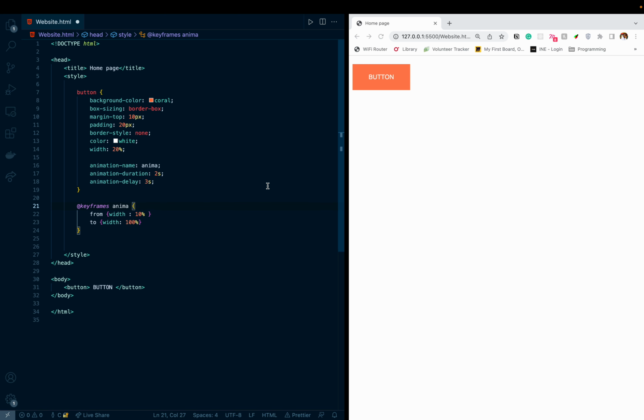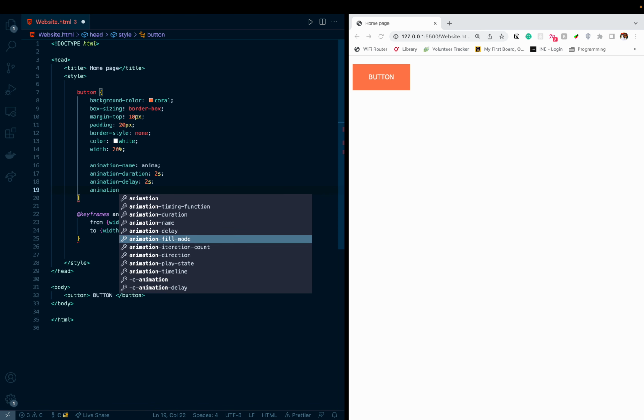In real life, you can say when the user visits that page, wait for 3 seconds or something like that. If I save, I wait for 3 seconds, and now it begins and then it ends. So that's the delay, the time the animation would wait. So we have the duration and delay. There is also animation